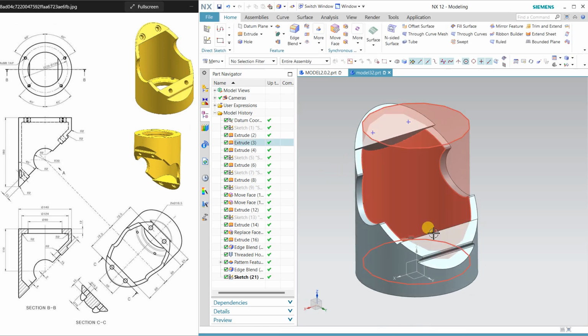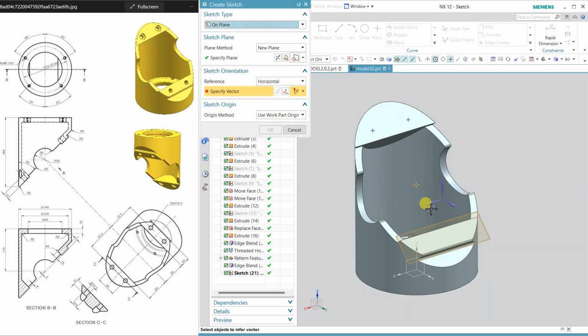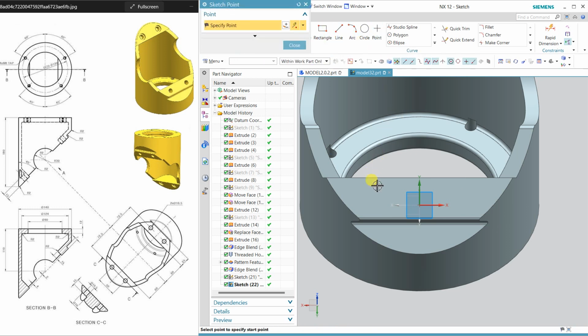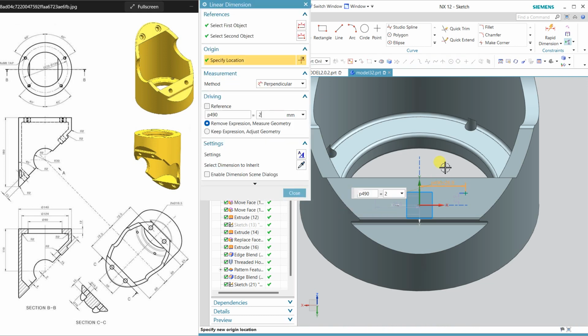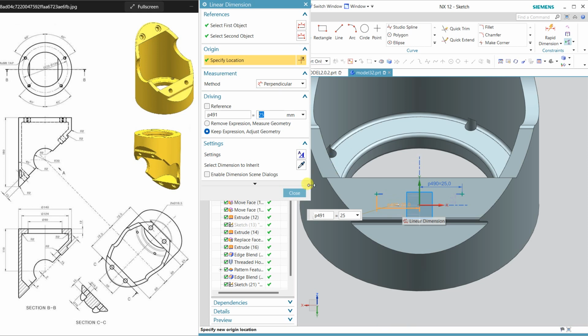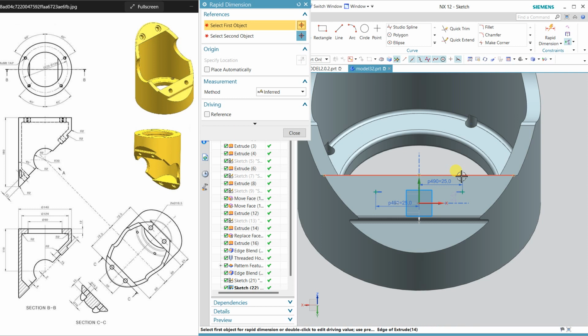And the same we have here. Okay, same we have here, so just go to this face and select orient the view. Okay, and draw 2 points, horizontally align, 25, again 25, and dimension.